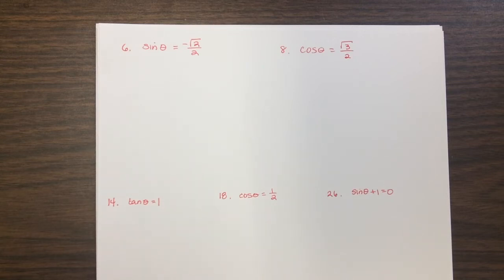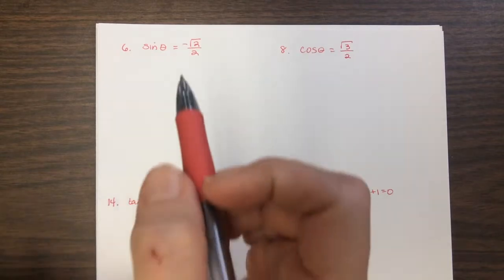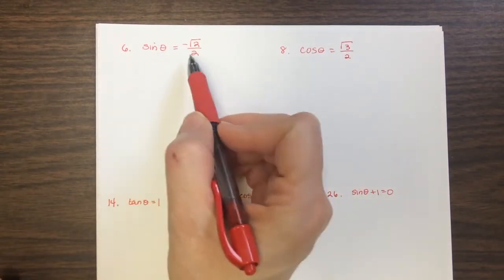And they're going to ask for, most of the time they're going to ask for all solutions. Sometimes they'll ask for a number of specific solutions. Sometimes they'll just ask for the solutions between 0 and 2 pi, or 0 and 360. But like I said, most of the time they're going to ask for all solutions. So what we're looking for here is we're trying to figure out what theta can be to make this equation,